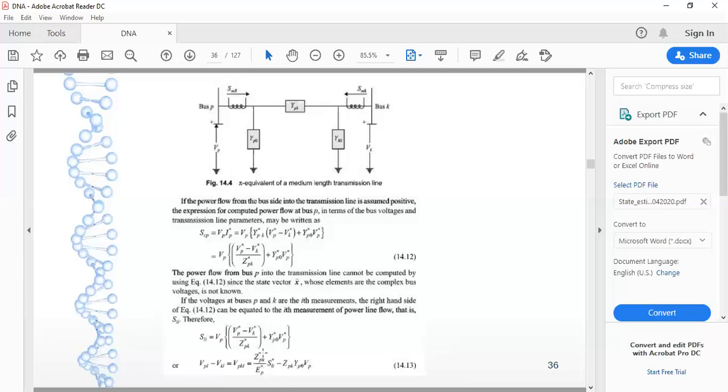Over here, what exactly are we doing? It is Vp conjugate minus Vk conjugate. In order to remove that conjugate, the rest of the terms are multiplied by the conjugate. Once we multiply with the conjugate, the conjugates on Vp and Vk will be eliminated, and the other terms where a conjugate was not there should be conjugated. This term is denoted by conjugate, and the term SLI, the apparent power, will also be given the conjugate sign. The rest of the terms stay as they are. This will be multiplied over here. Hence, it will be Zpk, Yp0, and Vp.